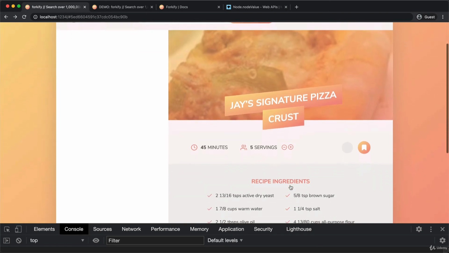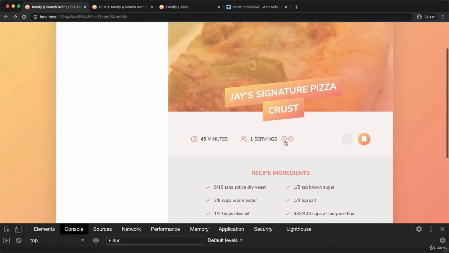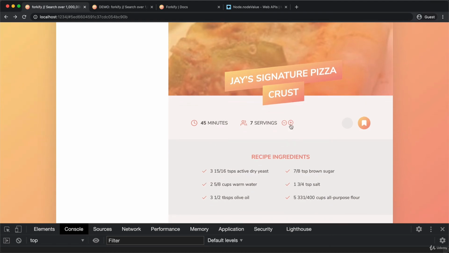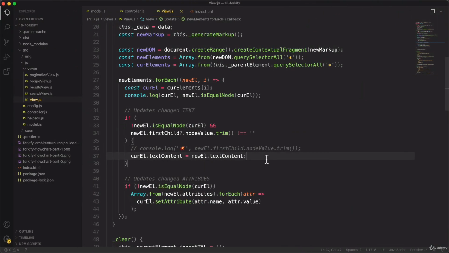And so now we are able to go as far as we want here. All right. And so we successfully implemented a method for updating the DOM only in places where the text or the attributes actually changed. Now this algorithm here is probably not the most robust one, and so maybe it might not be the best algorithm to really use in the real world, unless you have like a kind of small application like this one. But for a really huge application, probably this algorithm is not performant enough